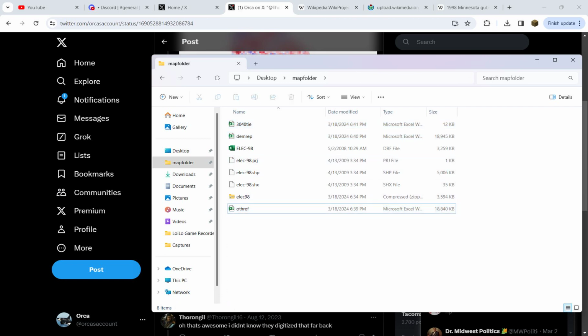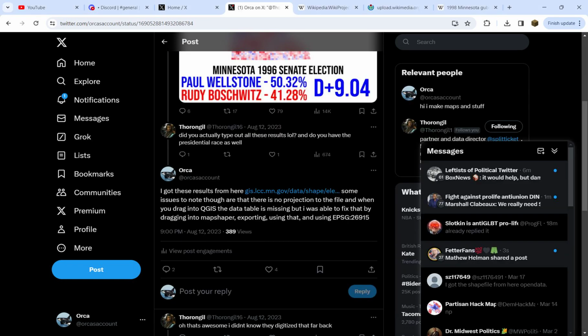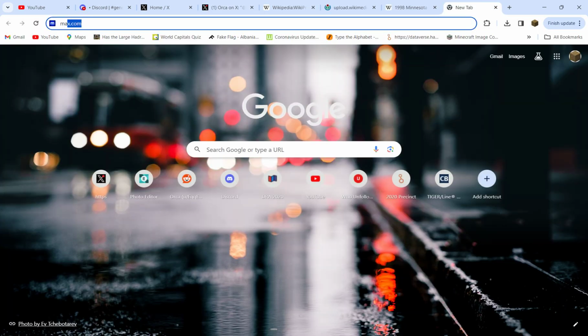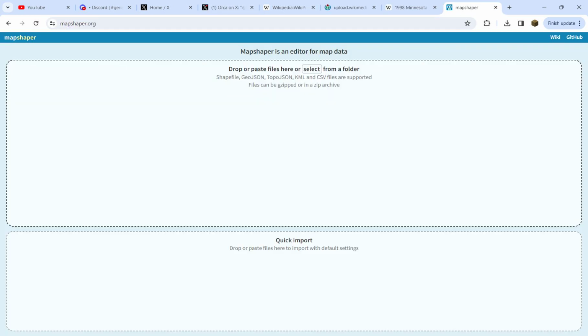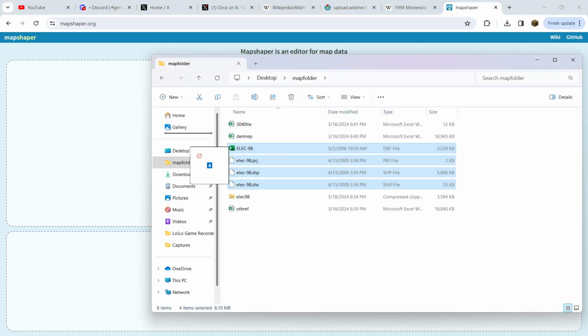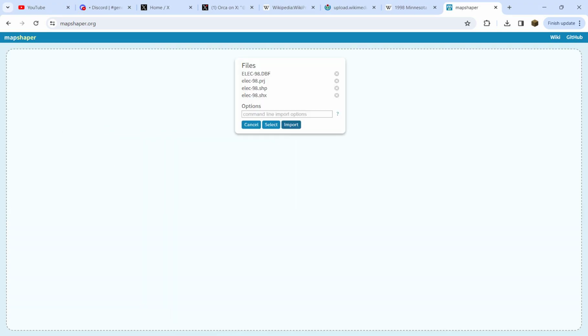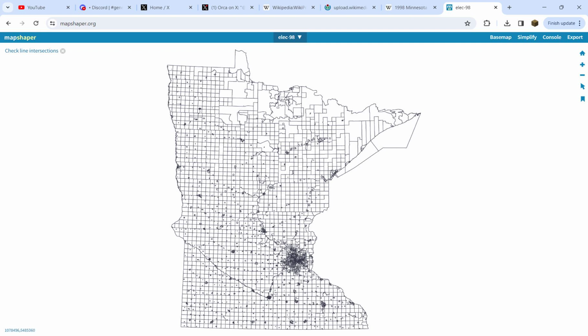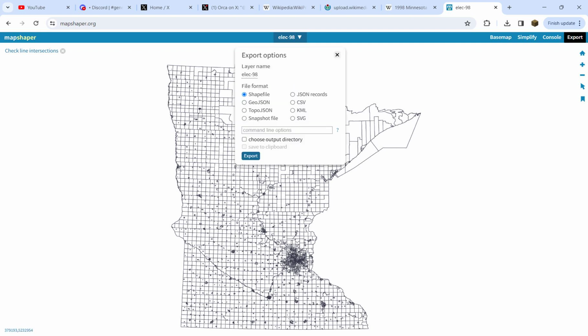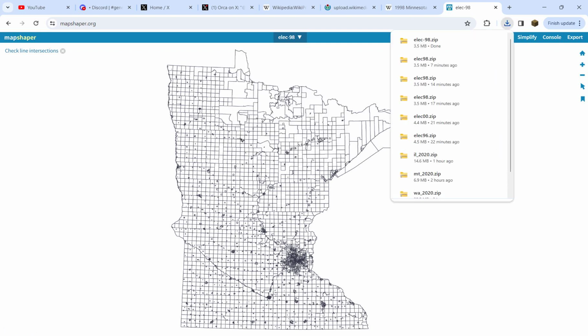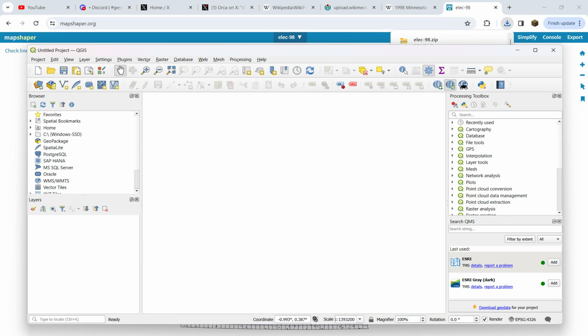I think there is like an issue with this file, which I think I point out here. There's a projection issue and also just like a whole join issue with it. So if there's ever anything like that, I just go to Mapshaper, and then you can usually just drag this stuff in, and it'll like auto fix it. So I'm just going to import that, export shapefile, and then we can open this in QGIS